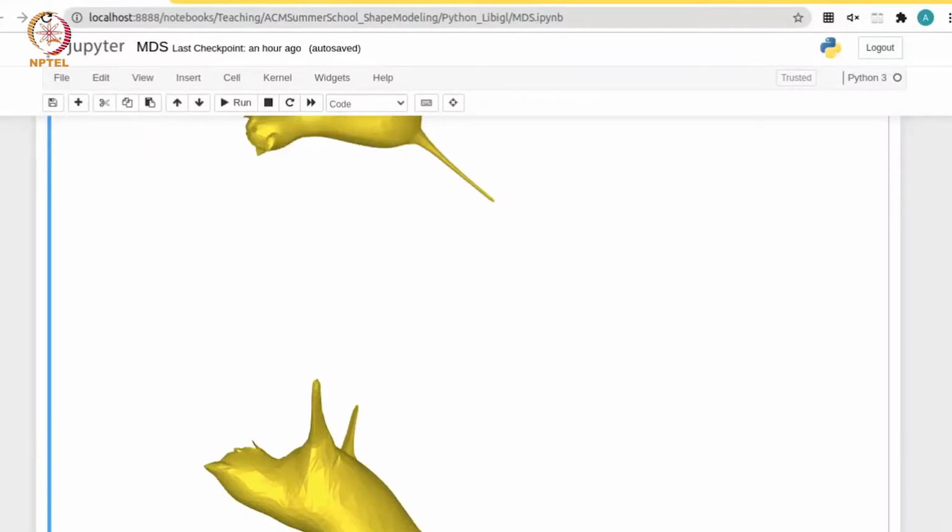Okay, Darshit has shared the plot, which is this. Let me